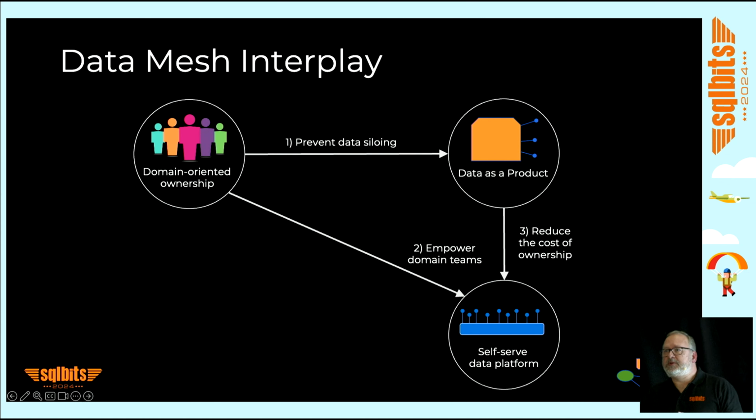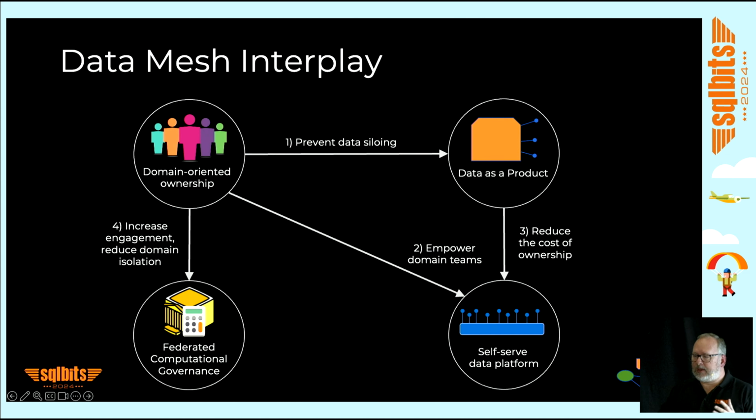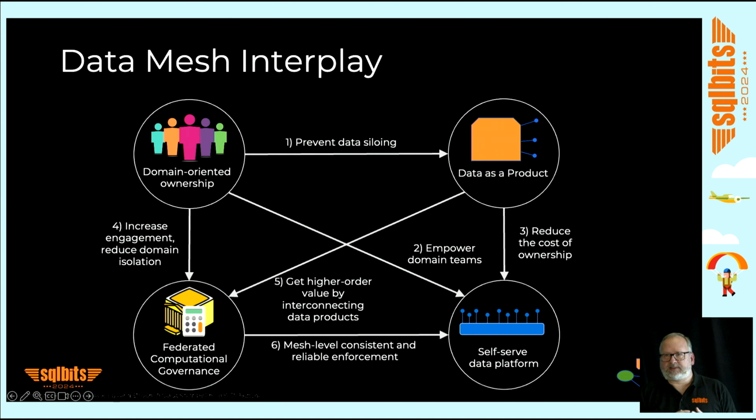And it also reduces the cost of ownership of data products, the platform itself. And the relationship between the domain ownership and the governance is that it increases engagement, also reduces domain isolation. And then you have the relationship with data products and the governance is that it gets the higher order value by interconnecting data products. And finally, the relationship between the governance and the platform is that you get this mesh